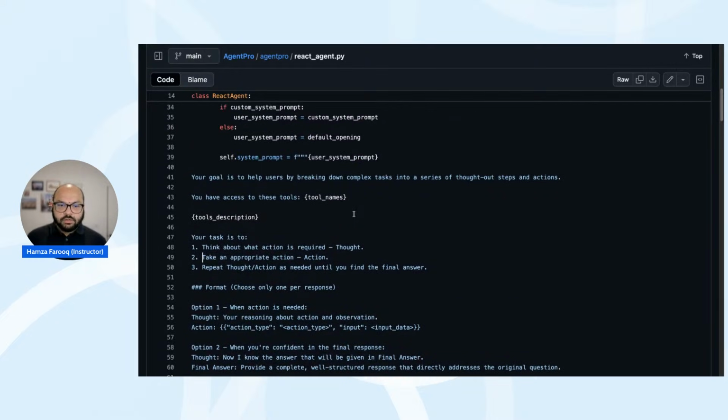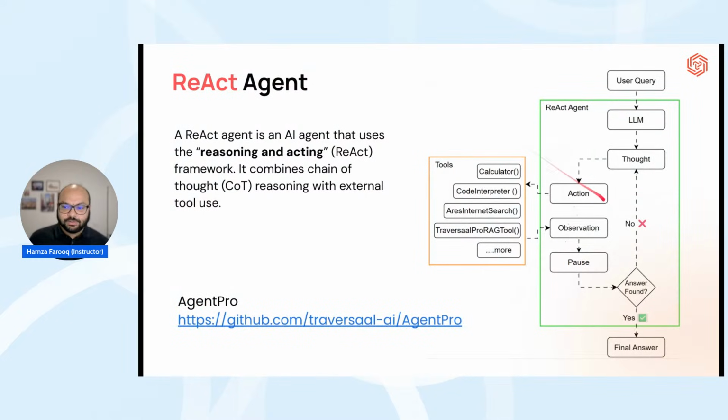Think of a for loop going. We have a thought, we have an action, we have an observation, and it goes in the loop, not forever. We can stop the loop at 10 or 15 iterations. But it helps you build and generate an output, going in the loop until it decides that it has the right answer.